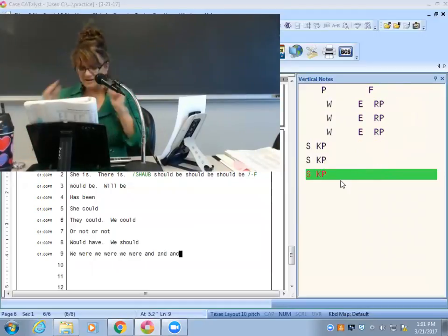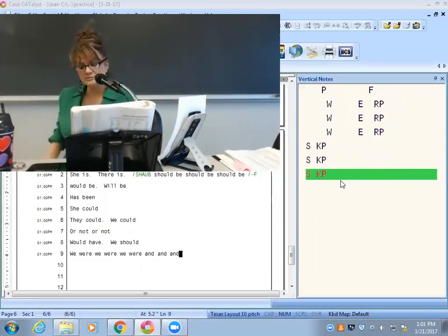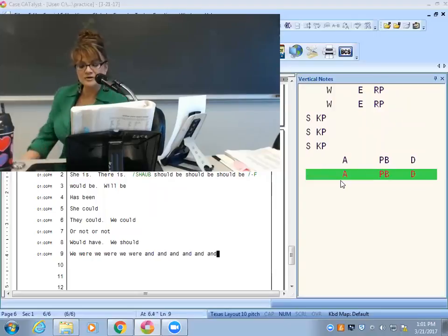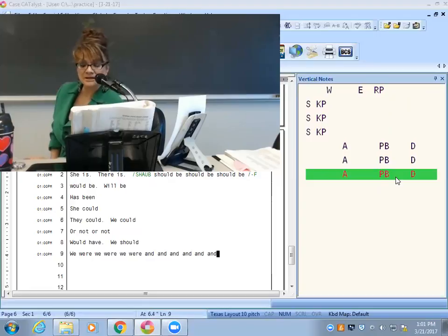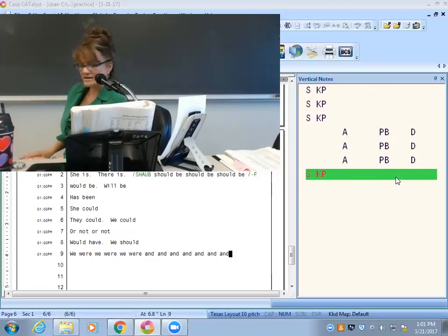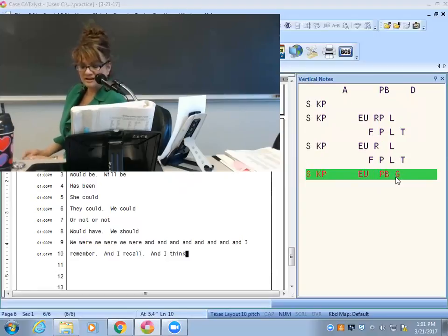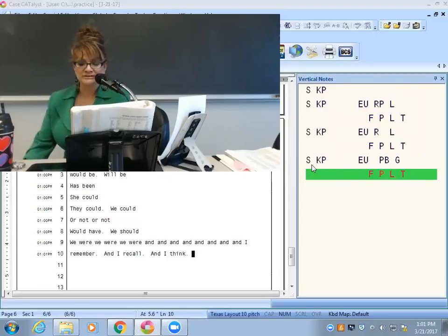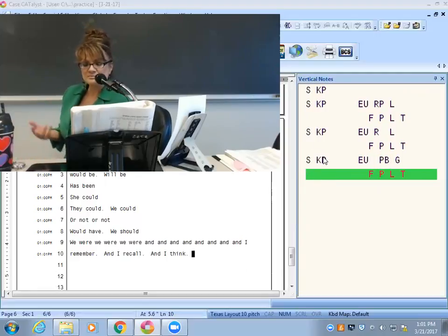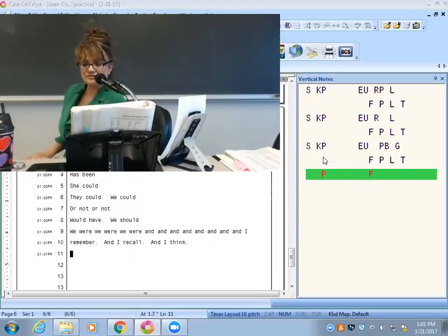Because I think I've mentioned that to you all. It's really important, because if you write A and D, you don't have anywhere to shorten it up with phrases. If you use SKP, you can write lots of phrases like "and I remember," "and I recall," and "and I think." So it really makes a difference if you use the SKP, if you can just train yourself.